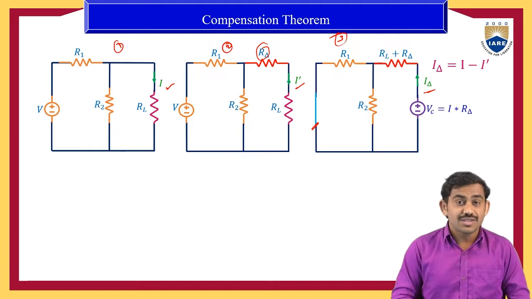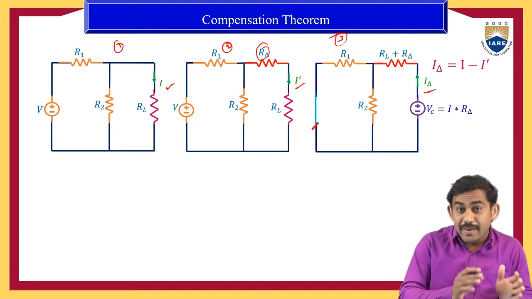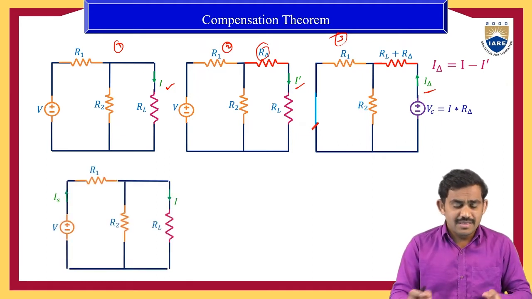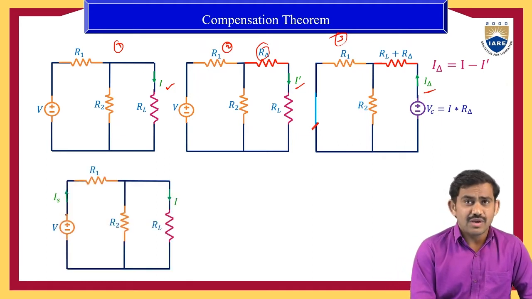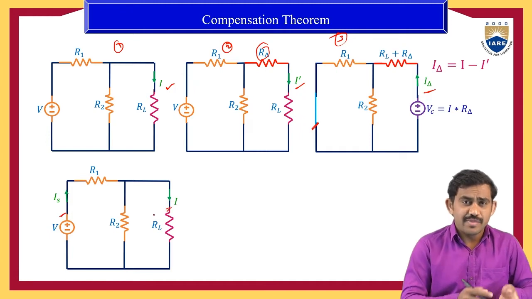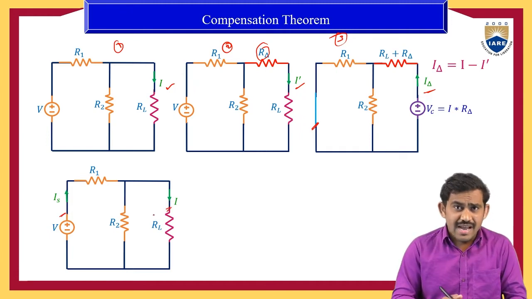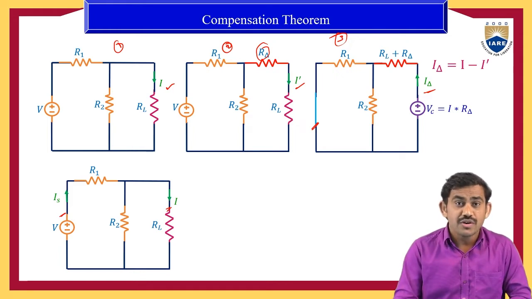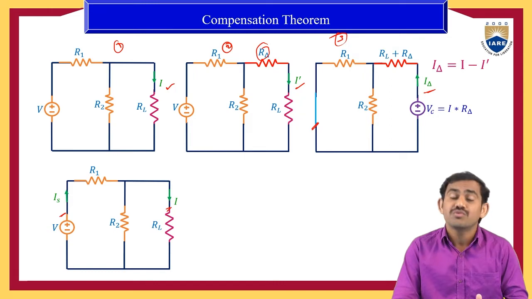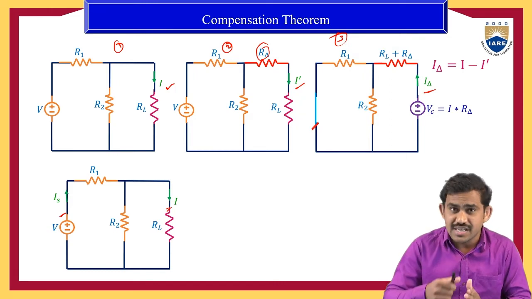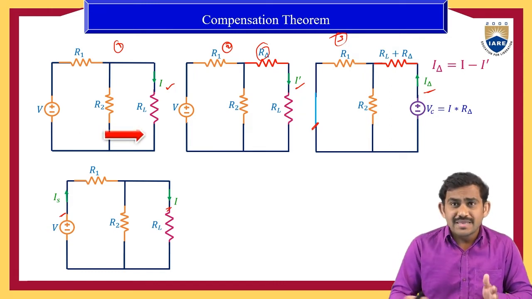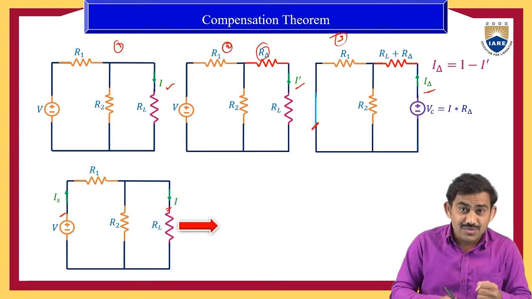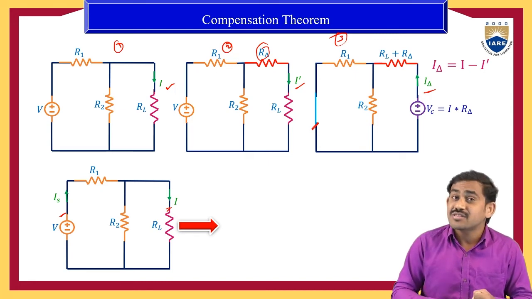But the main circuit is compensated into one more circuit. So here, this is my main circuit, in which we have the currents IS as well as I. So in the main circuit, we have the source current and your load current. That is your main circuit. If you want to compensate that circuit into one more circuit when the resistor is changed, then you need to compensate the same circuit. That means you are compensating some voltage, so your IS value is not changed, and your I also is not changed.